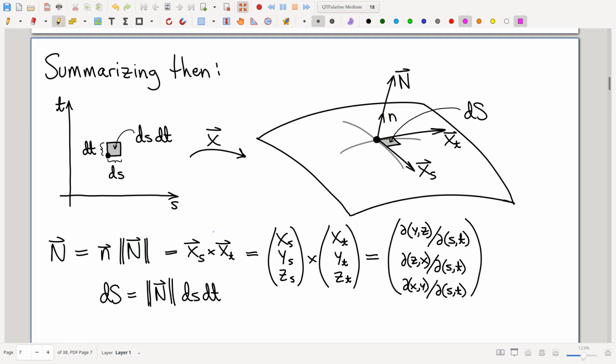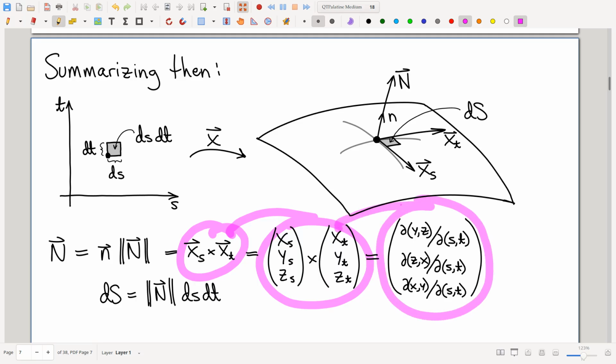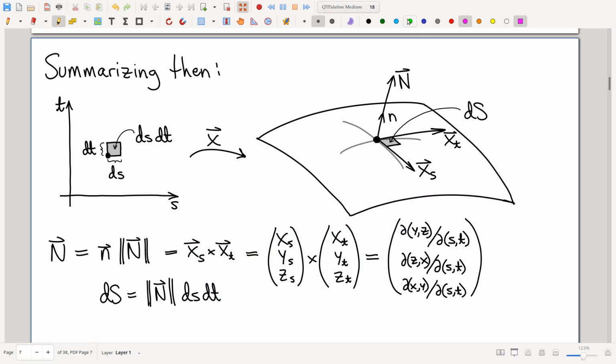Again, we already know the formula for this magnitude. It's that cross product. By the way, you can write that out in coordinates. Nothing happened here. I'm just expanding all the coordinates of those partials. And by the way, you can actually crank out that cross product. And this is a healthy little exercise. It's not even a big one. It's a little bitty healthy exercise. Crank out this cross product. Write it all down. And what you will find, I think surprisingly, is that these individual coordinates,